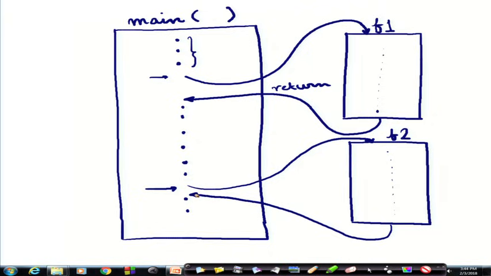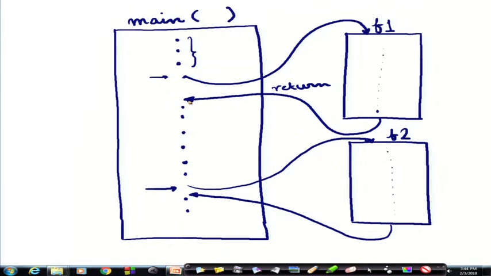Now, about this return, you should observe one thing: the function was called from this point. We call this a function call, with some data being passed on to it, or a function invocation, and after invocation this function works and it returns. Where does it return?